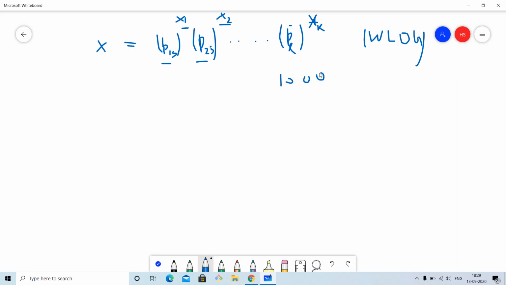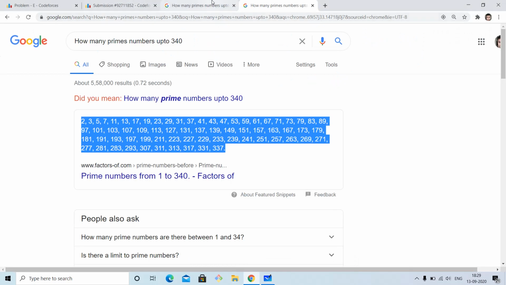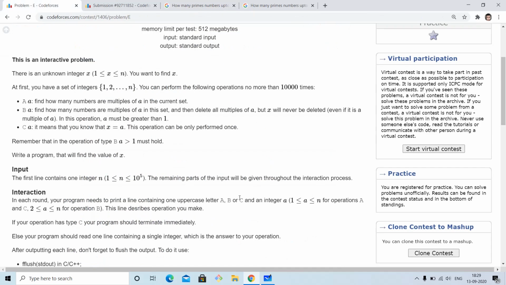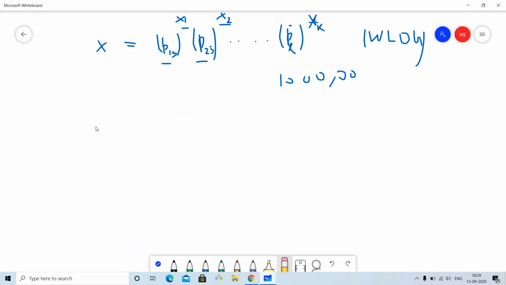So up to the square root, the number of primes will be around 330 to 340, right? I tried to Google how many prime numbers there are up to 340. These are not large, I think 60 to 70 prime numbers. So now let us see. It means that we can do the queries on the small primes easily without having too much to concern about